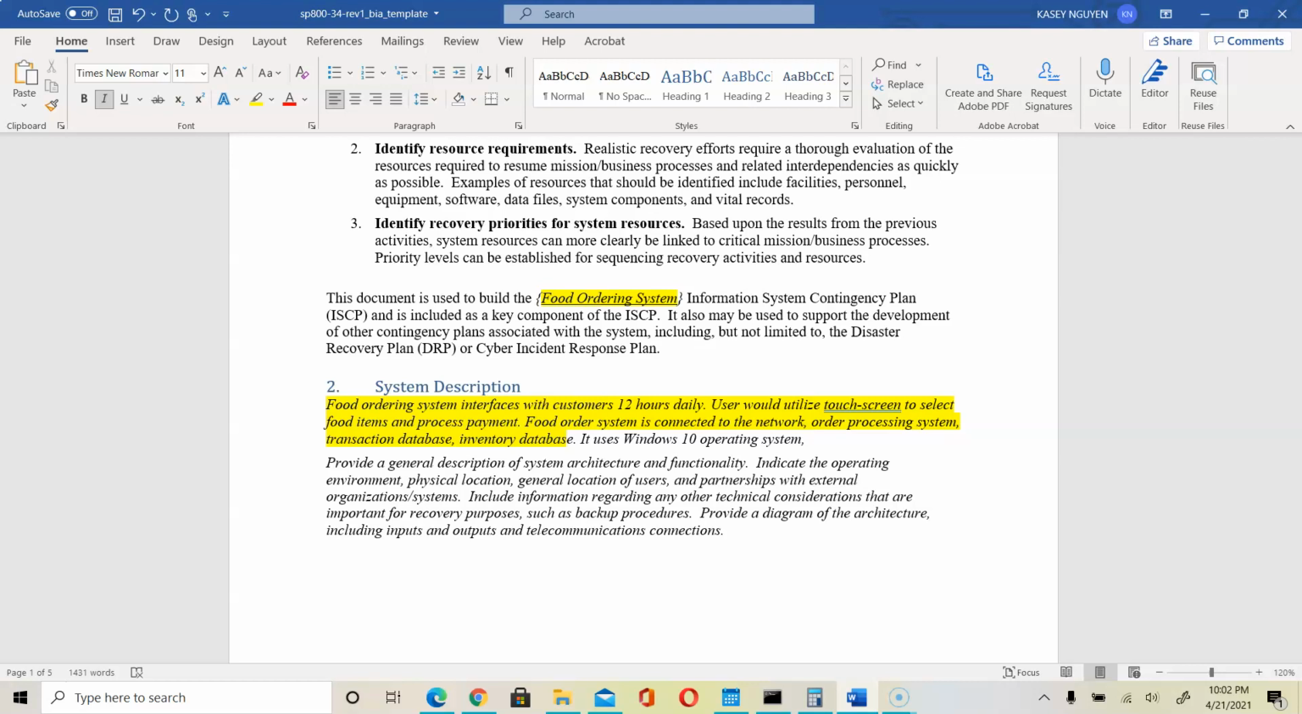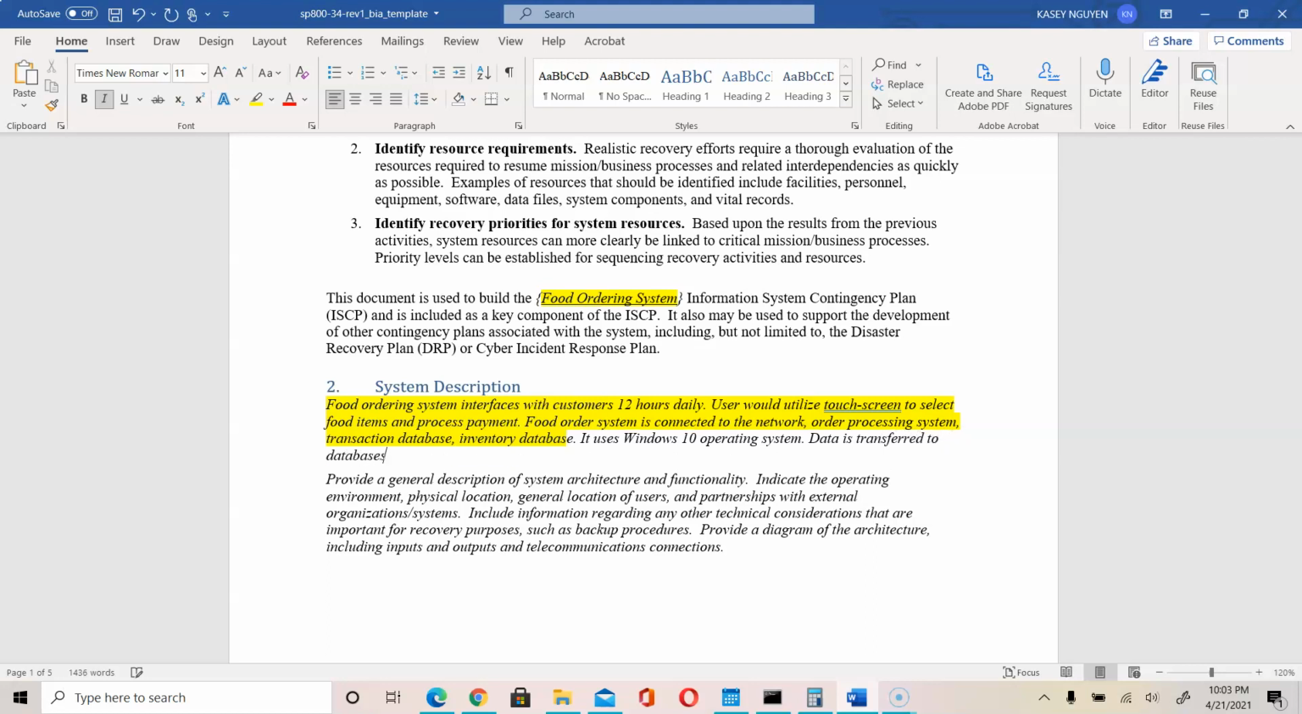Okay. Since it's arbitrary, right, you can make up the rest of this, or if you have experience with a certain type of system in your work experience, you can also use that. Okay. And then we can also mention something about how the data is stored, right, for each transaction. So data is transferred to databases 30 seconds after each transaction is completed,